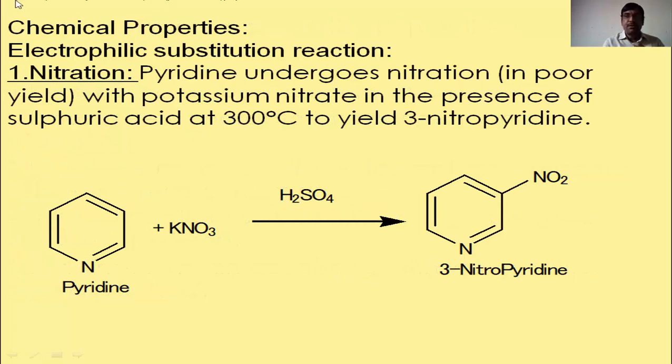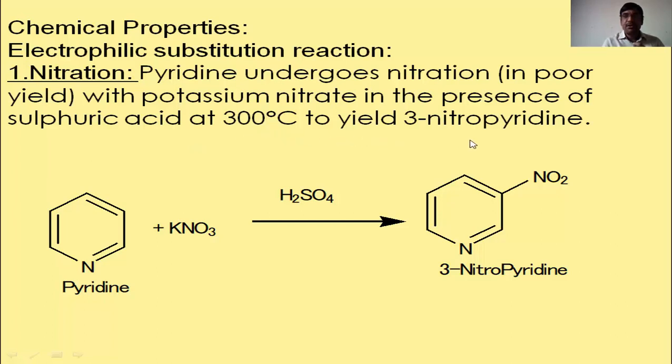The chemical properties. The pyridine shows both types of chemical property, that is electrophilic substitution reactions and nucleophilic substitution reactions. First we will see about the electrophilic substitution reactions. In this, first one is the nitration. The pyridine undergoes the nitration with potassium nitrate, KNO3, in the presence of sulfuric acid at 300 degrees centigrade temperature